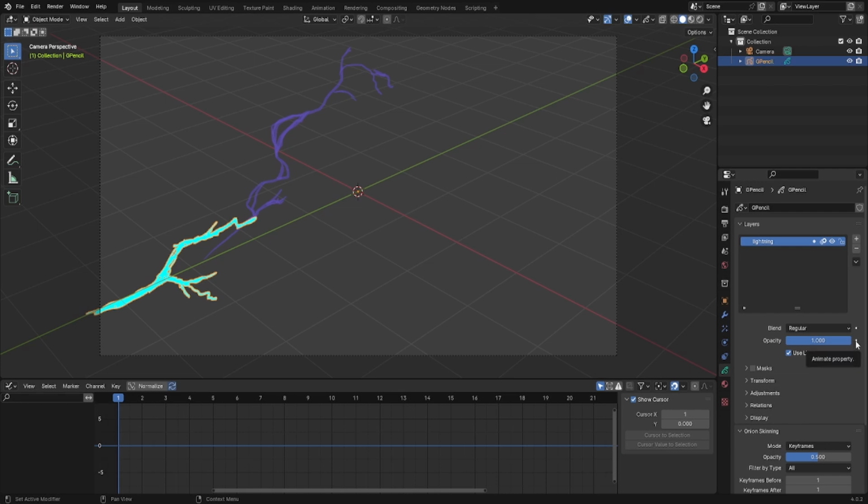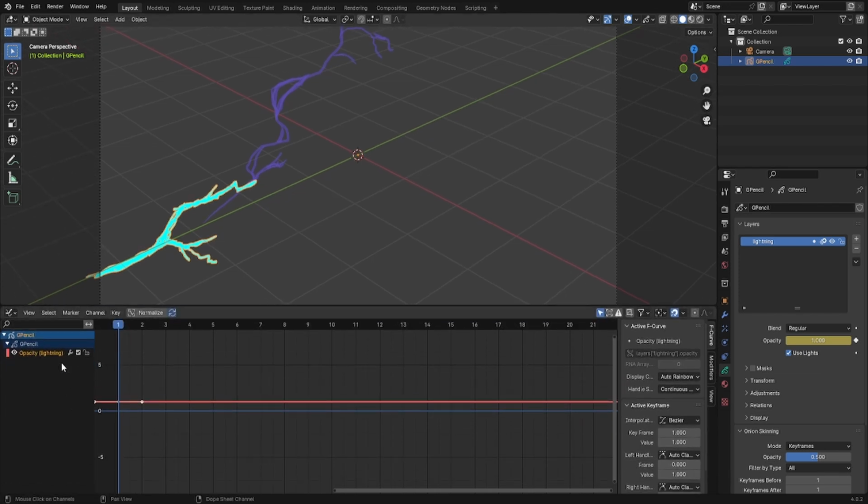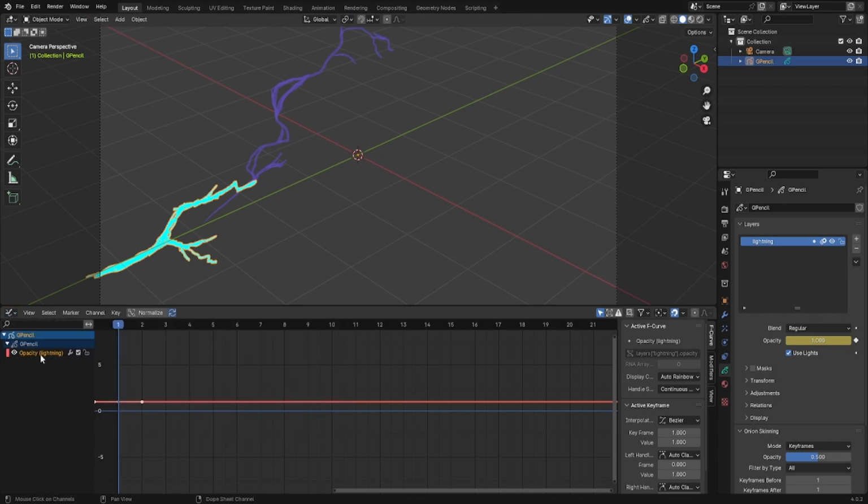On this animate property next to opacity, we're going to tick that box, and that's going to start a keyframe on the opacity. Make sure you're set on frame 1 for opacity. And you saw something new pop up in the timeline while we're in the graph editor, and that is the opacity